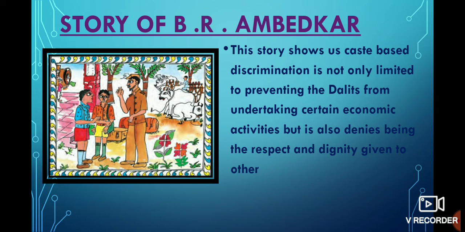So Dr. Babasaheb Ambedkar with his cousins and brother was travelling. He had come to meet his father in Koregaon. They were waiting at the station so that his father or a servant could come and pick them up. As they were waiting, the station master came and asked, why are you waiting? First he asked for the tickets. They showed the tickets, and then he asked, why are you waiting? Then they told him that they were waiting for their father or his servant to come.